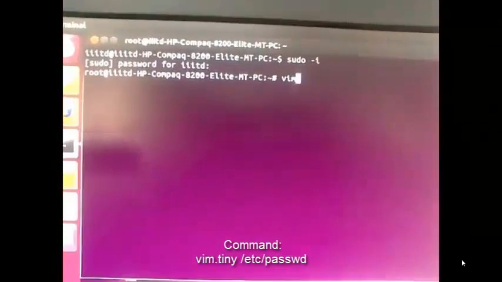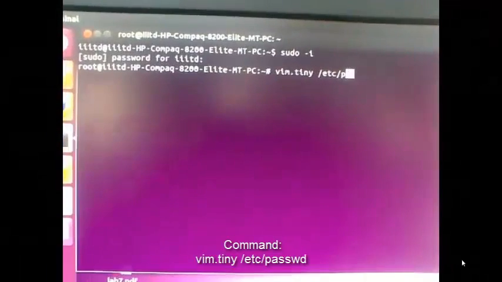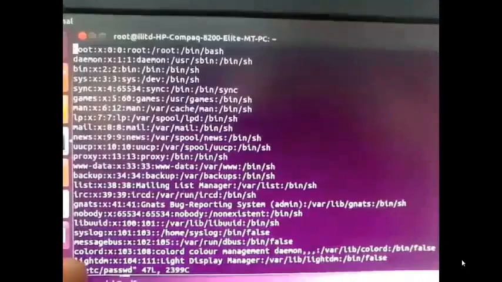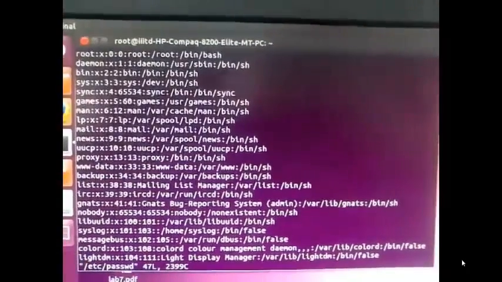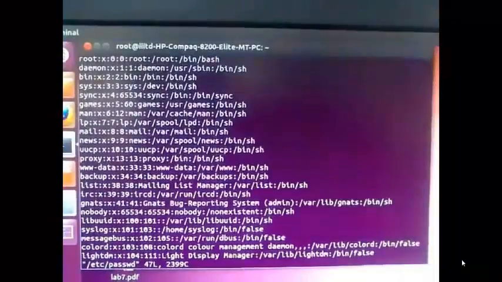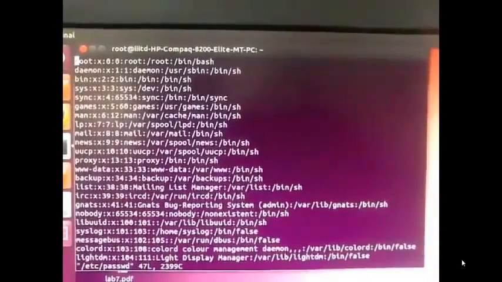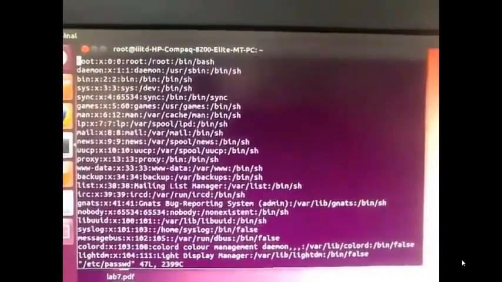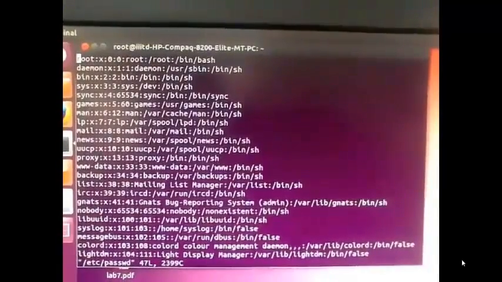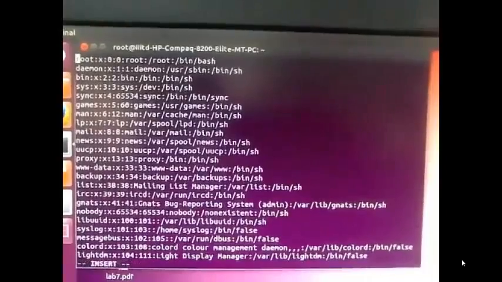Now we need to configure our password file. So type vim.tiny /etc/passwd. These are the accounts on the Ubuntu system here. You can see these accounts are enabling the /sh, that is shell. As long as they have shell, hackers can try to hack into their account. So we should disable these shells so that hackers cannot hack into the system even though they have the password of our account. So type i for inserting